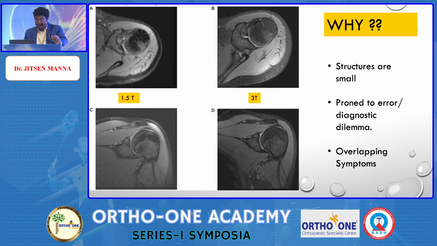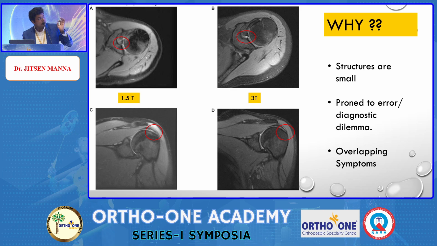So you can see that in these images, the part circled in red is very faintly demarcated, and it is very difficult to understand what the pathology actually is. But when we change to this 3 Tesla machine, we can see a clear-cut demarcation, which is a labral injury. Similarly, in this 1.5 Tesla image, we can see a very faint lesion, not very sure, maybe a tear, maybe not. When you shift to the 3 Tesla MRI, we can see that yes, it's intact, it's not torn there. So shoulder structures are essentially very small,